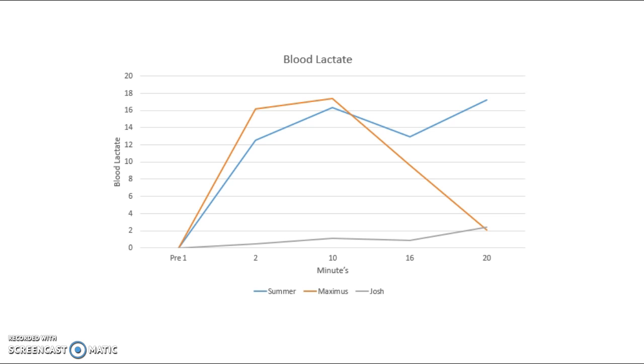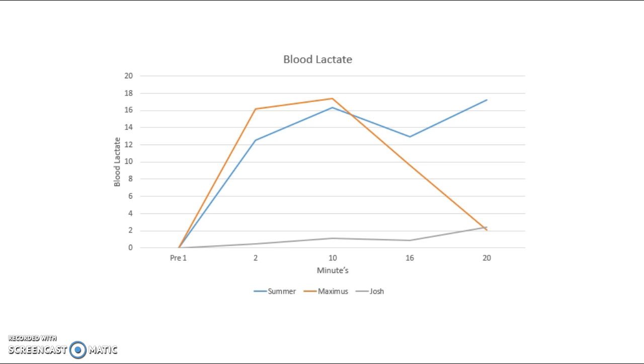When performing steady-state exercise from the normative data, the participant's blood lactate shouldn't increase too much due to it being an aerobic exercise and not much lactic acid should be produced. They should also start at 0 before any exercise has started, which happened for all of them. This all happened for Josh like it should, but for Summer and Max, after 2 minutes their blood lactate shot up to 16 and 12. This is normally what would happen if someone was taking part in anaerobic exercise, which suggests that at the start they might have been working too hard, which led to an increase in lactic acid being produced.